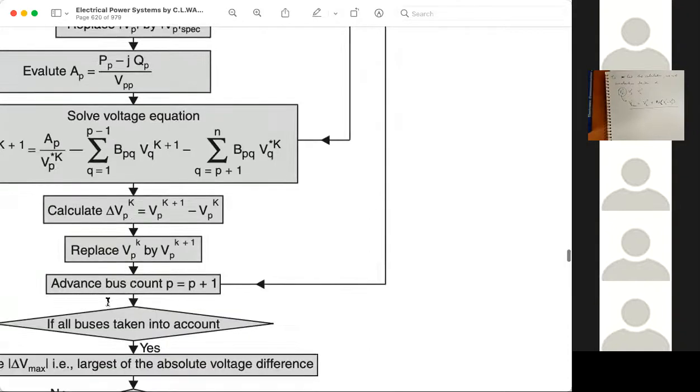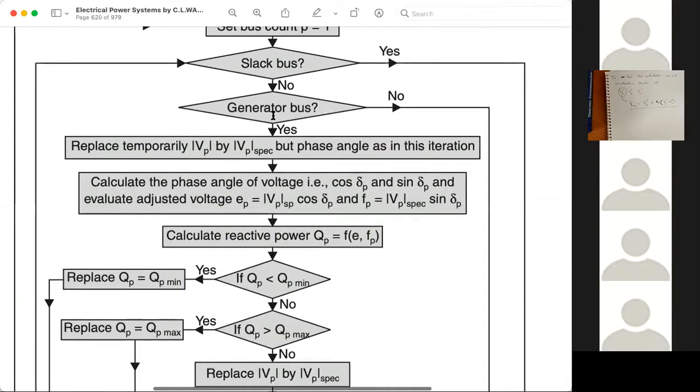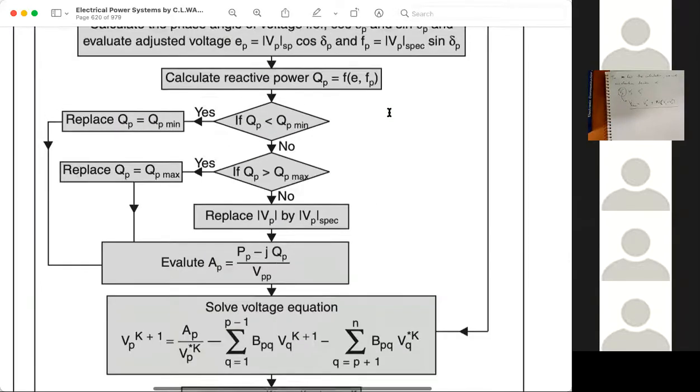We will advance the bus count by p plus 1. Else, we will check if it is a generator bus. That means it is a PV bus. Then again we have to directly reach this point.